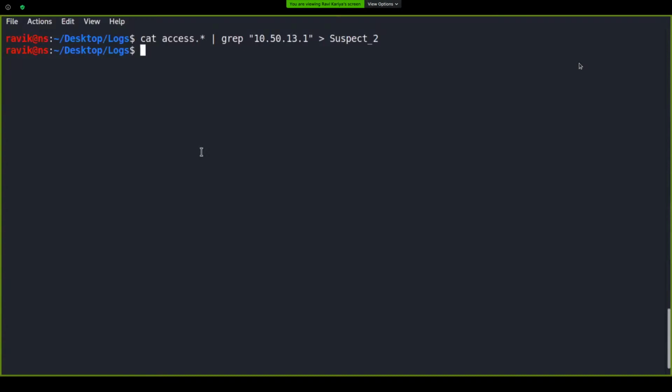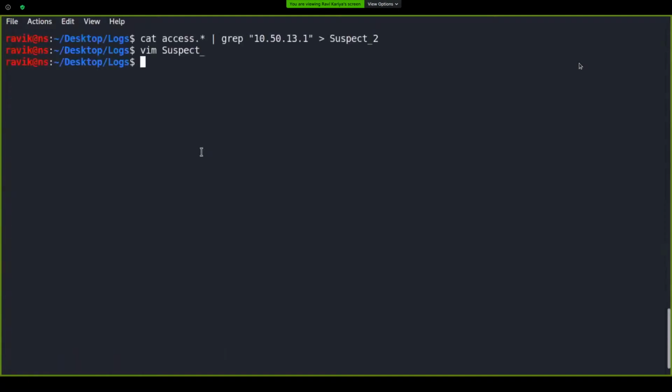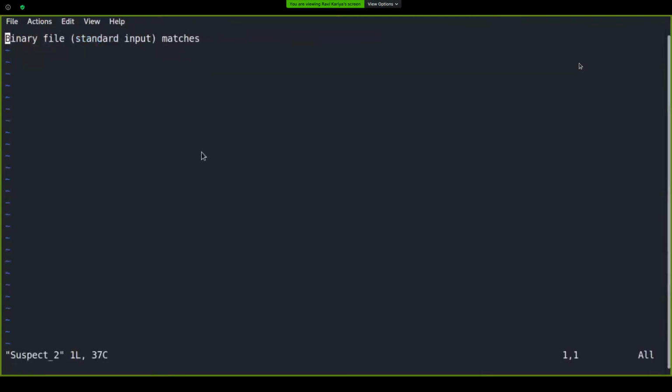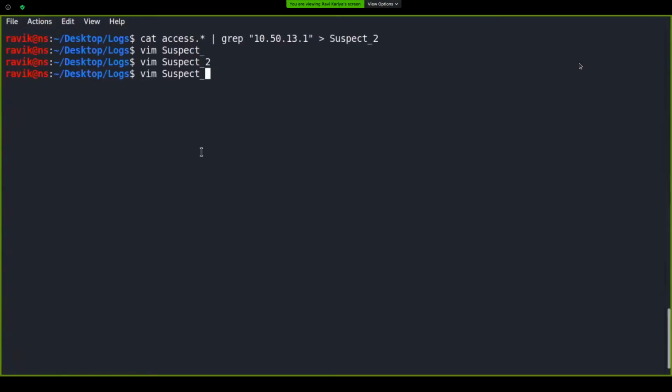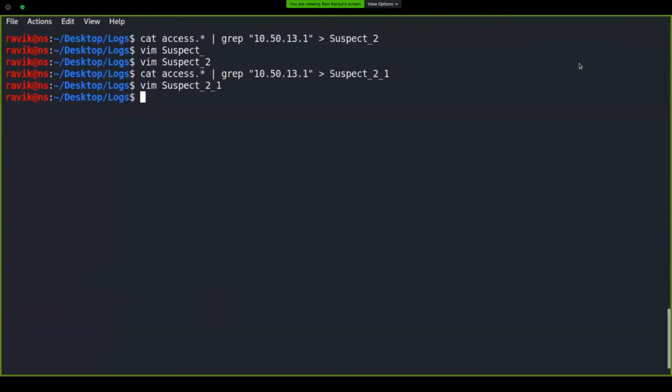Something went wrong while generating the output. Okay, let's move forward.